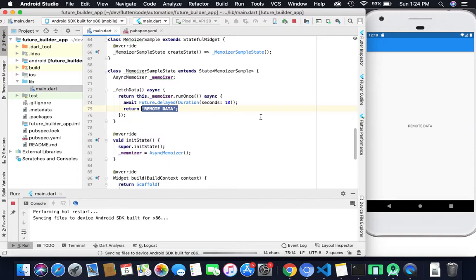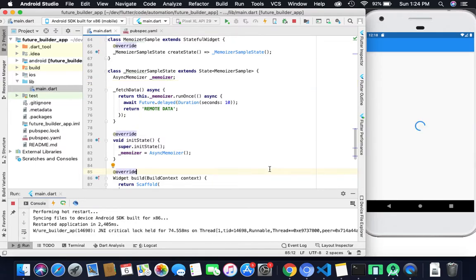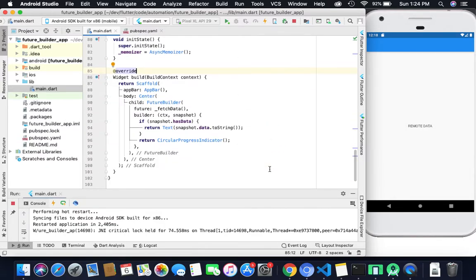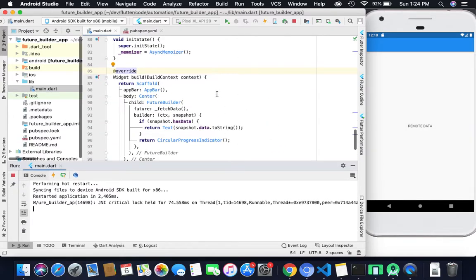Again I am hot restarting it, and we will see it rotate for 10 seconds, and after that it gives you the remote data text. This is how we can work with our FutureBuilder and stop it from being called multiple times.